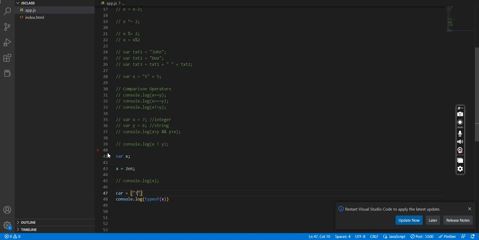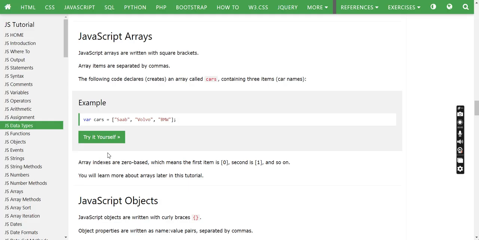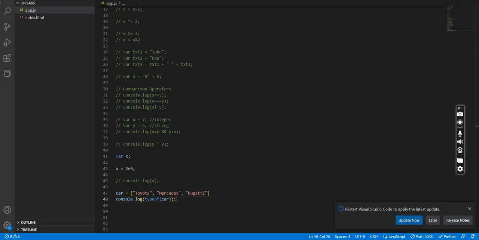Let me see, Toyota, Mercedes, a Bugatti. I think I got the spelling like that. Now, if I check the type of car, what do you think is going to show me? Type of car is an array of elements, and that is going to give me an object. Surprisingly, it gave me an object